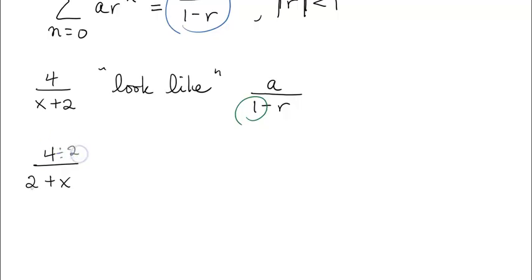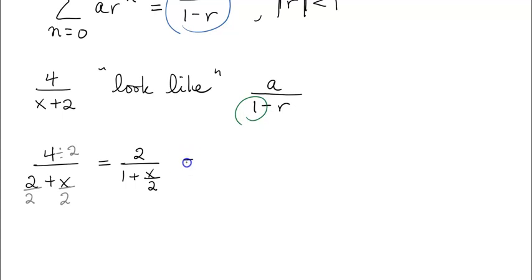So I'm dividing the 4 by 2, I'm dividing the 2 by 2, and I'm dividing the x by 2. Now, I have, which I'm allowed to do after I've done it to every term in the fraction, 2 divided by 1 plus x over 2. Now that does look like a divided by 1 minus r,